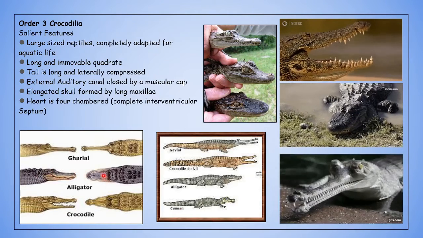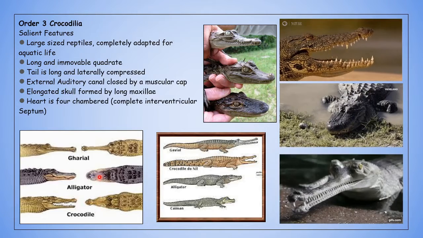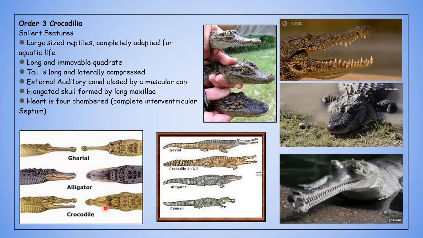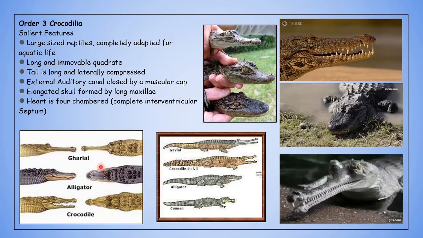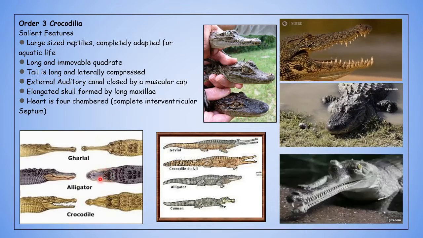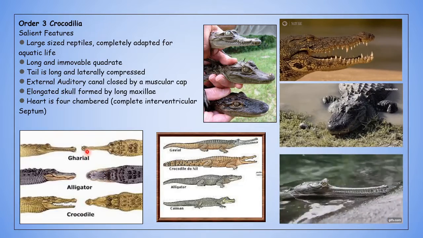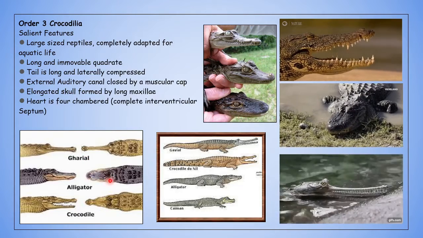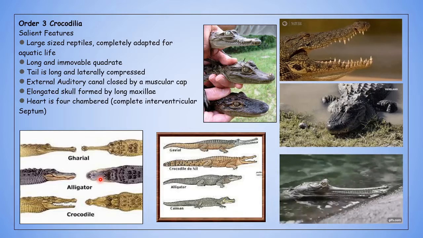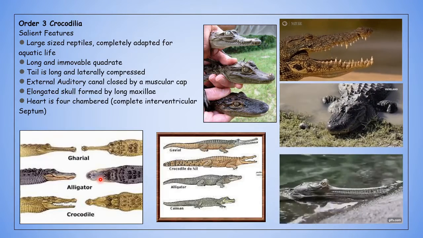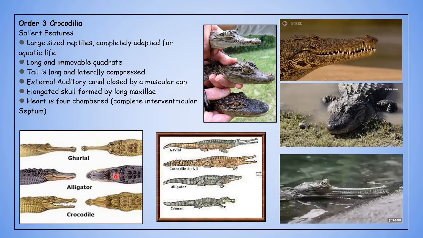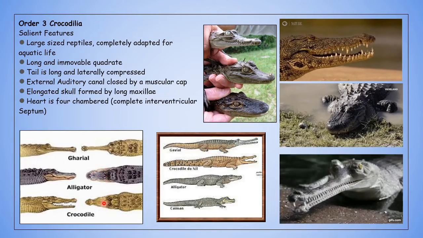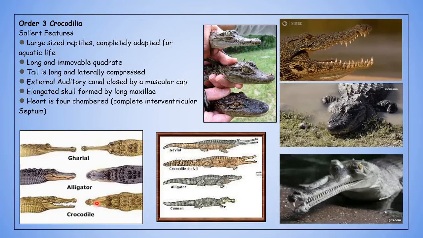Coming to alligators as well as crocodiles, they are more or less the same. The length of the snout is the same, but you can see the difference. The alligator has a snout which is broader, not elongate like the gharial. Both crocodiles and alligators have a snout of almost similar length, but the major difference comes in their shape. In the case of the alligator, the snout is broader, but in the crocodile, it narrows towards the tip.